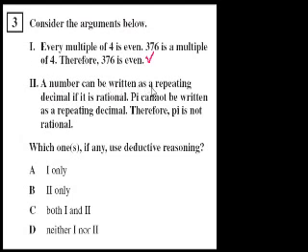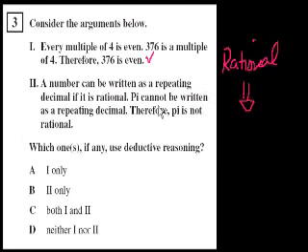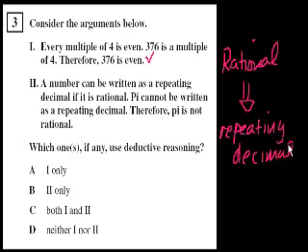A number can be written as a repeating decimal if it is rational. So if you're rational, that means that you can write it as a repeating decimal. A repeating decimal is like 0.333333, right? That's 1/3. That's all they mean by a repeating decimal. But notice this statement right here: a number can be written as a repeating decimal if it is rational. That doesn't say that